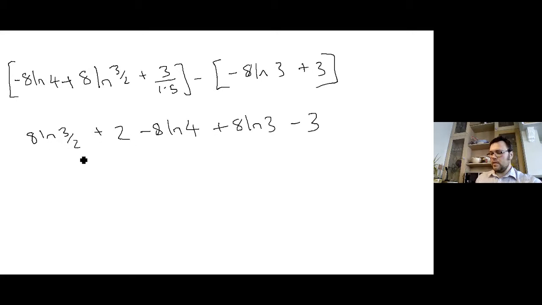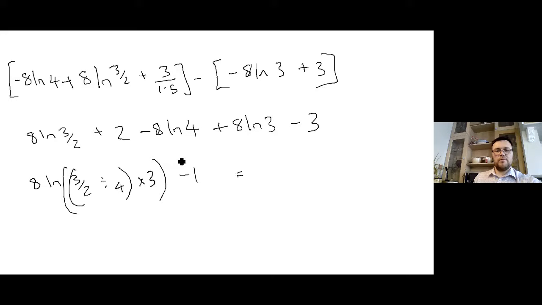With the logs, we can take 2 and the minus 1. So if we take these two first of all, then it's going to be 8 outside ln 3 over 2, and that's going to be divided by the 4. So then it's basically 3/8 on the bottom, and then the 3 comes in, it's going to be times 3 on the top, and then it is going to be minus 1. So then simplified, this is 8 ln 9 over 8